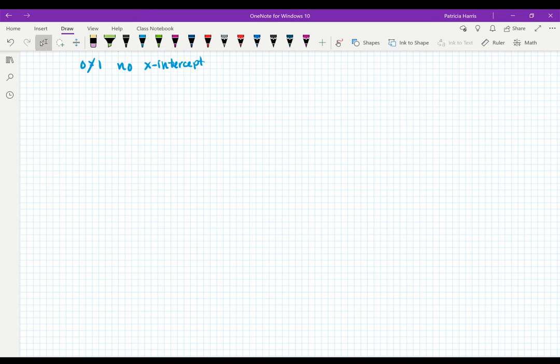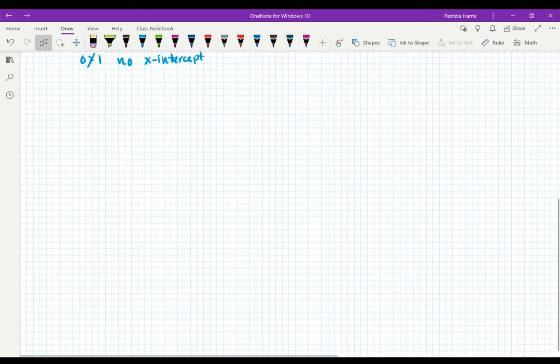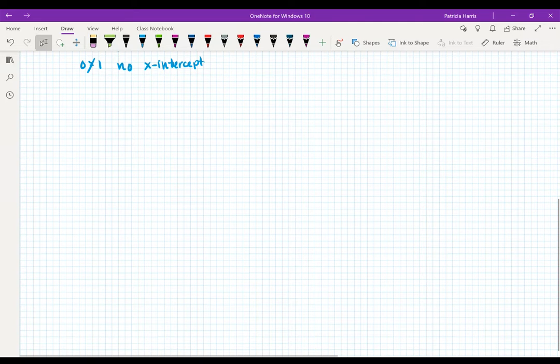Okay, so we're going to do another example of a rational function right now. This one's going to be a little bit more involved. We're going to start out with, we'll call it g of x is equal to x minus 1 over x minus 1